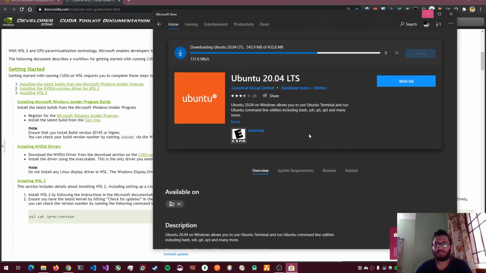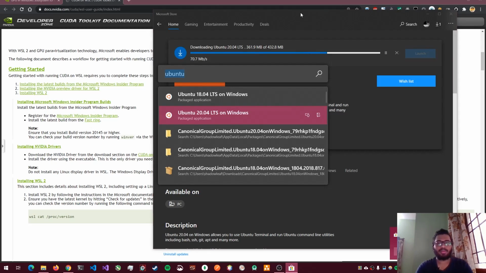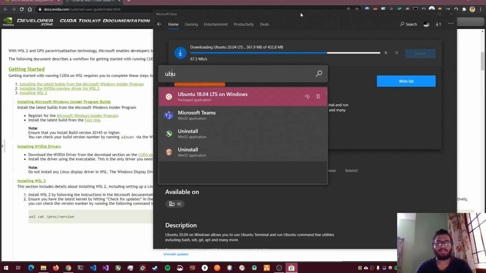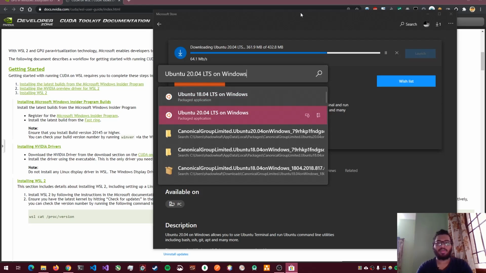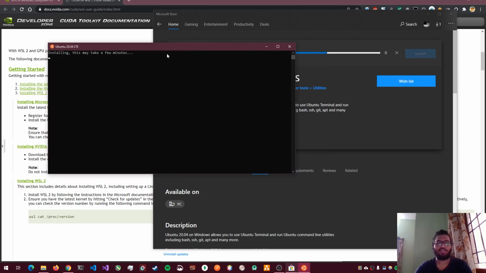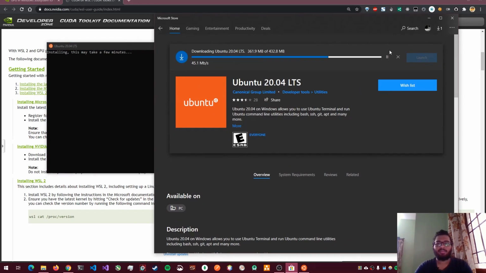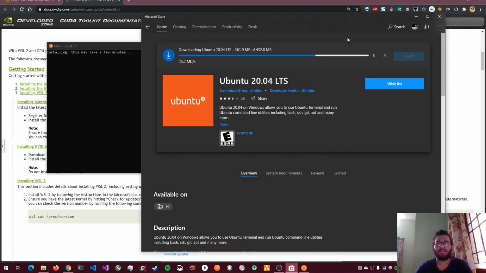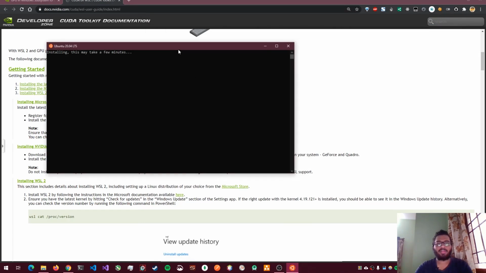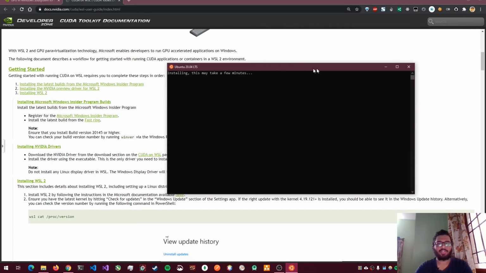We have Ubuntu 20.04 installed, I think. Okay, we have Ubuntu 20.04 installed. Not sure why the Microsoft Store is still showing that it's downloading. Anyways, we have 20.04 installed.